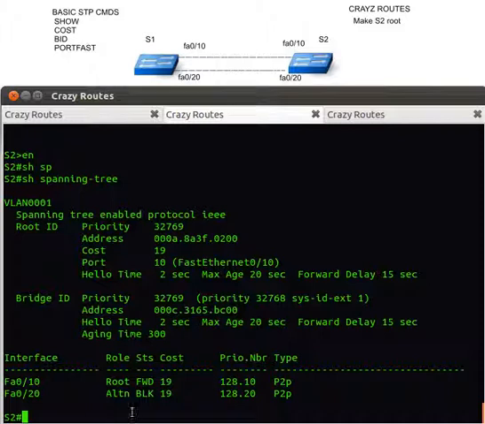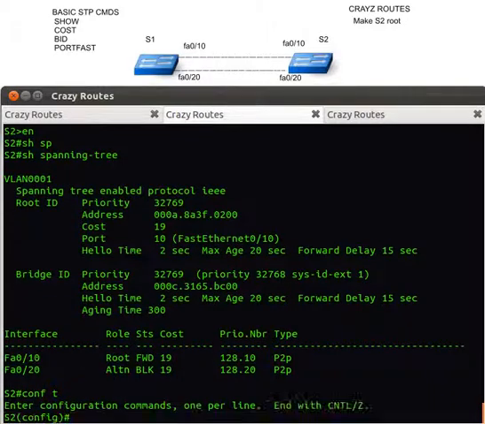Let's go into switch 2. Right now, as you can see, Fast Ethernet interface 0/10 is the root port going to the root bridge, which is switch 1. Let's make interface 20 the root. Interface 20